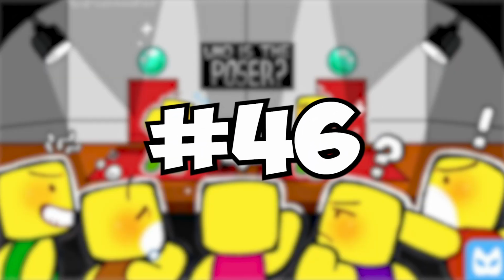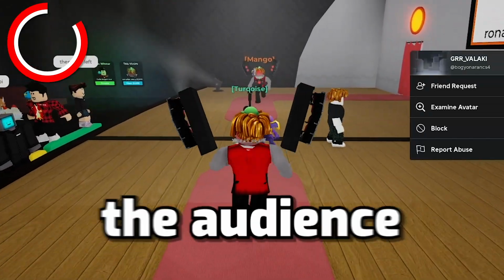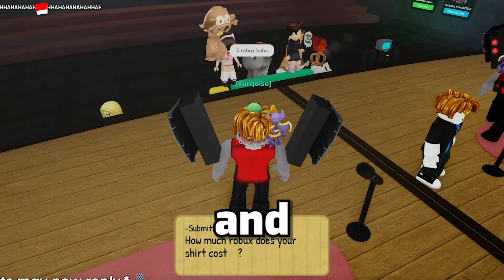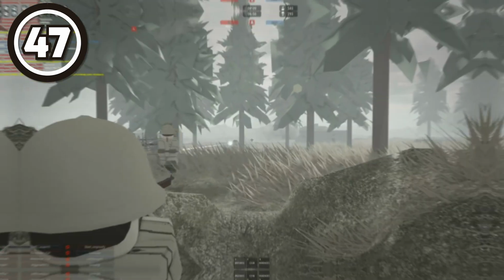In game number 46, we have Poser. One person is a clone and has to convince the audience that they're the real person. The audience gets to vote who's the poser. A pretty unique and enjoyable game. In game number 47, we have Centura. In this game,